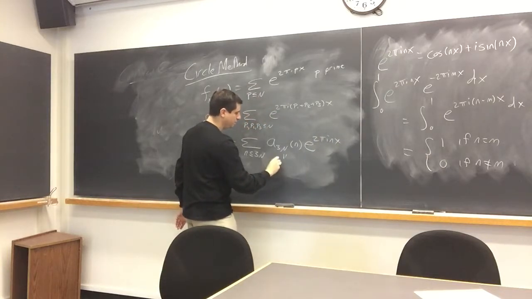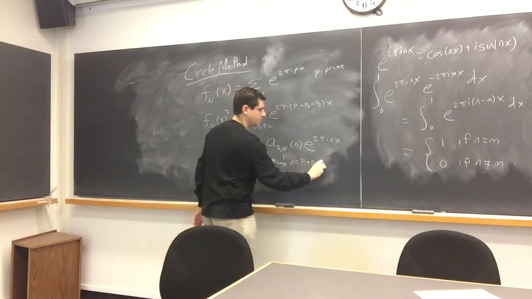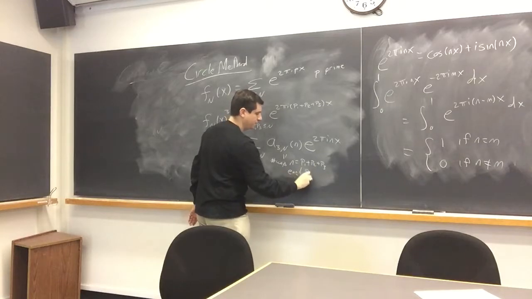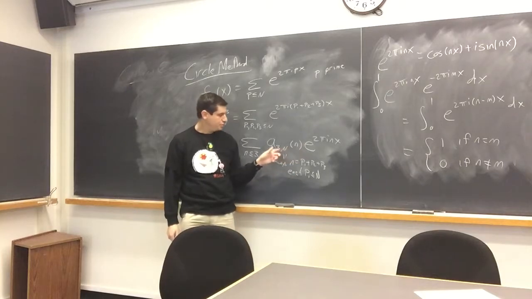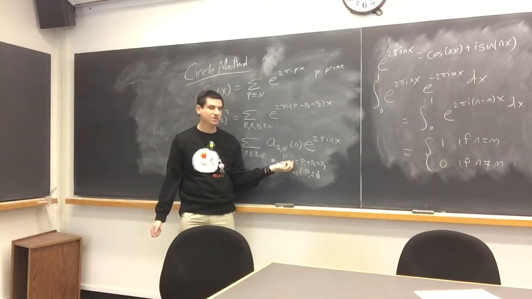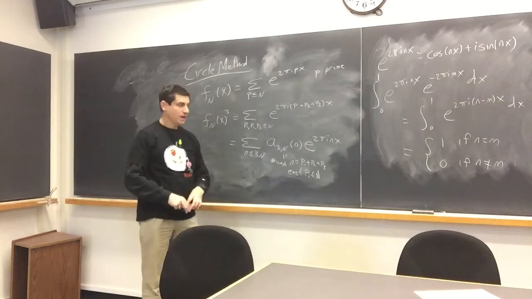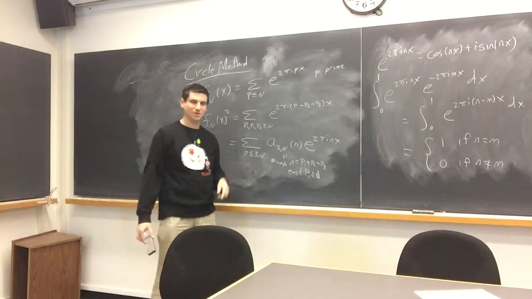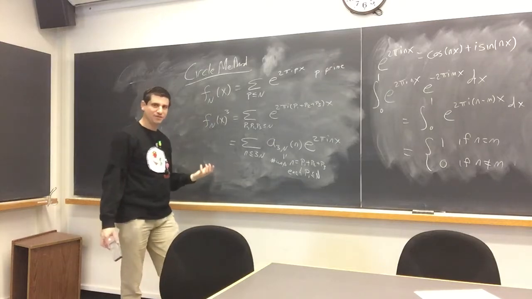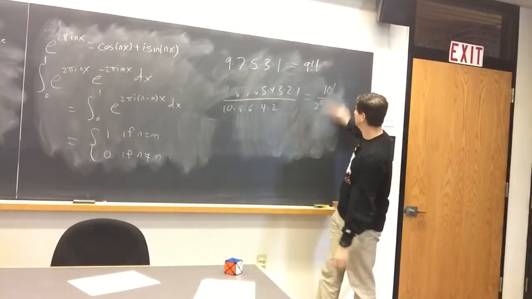This is the number of ways that you can write n as the sum of 3 primes, where each prime is at most N. If I choose big N to be larger than little n, it's the same as the number of ways of writing little n as the sum of 3 primes. I can't use a prime bigger than it. So here is my answer. The coefficient tells me. All I have to do is figure out what that coefficient is. Well, we haven't erased it yet. Thank God, right? We have a way to calculate those coefficients.